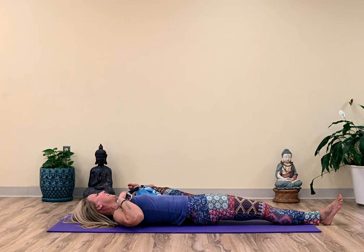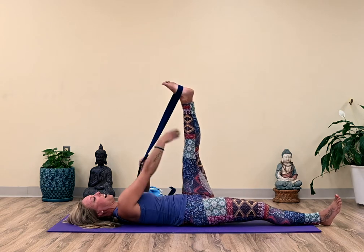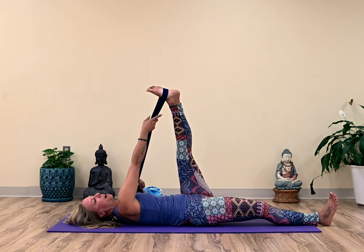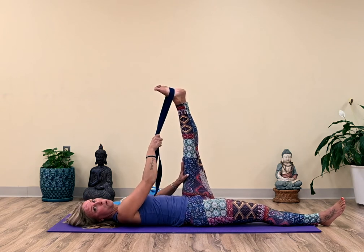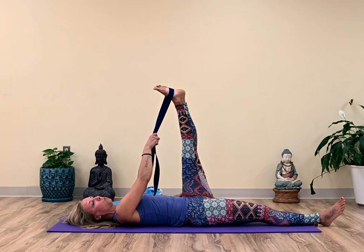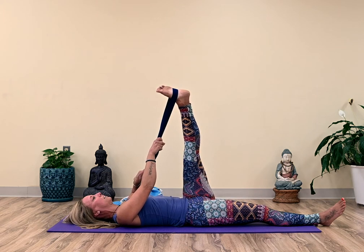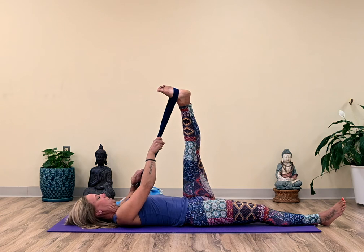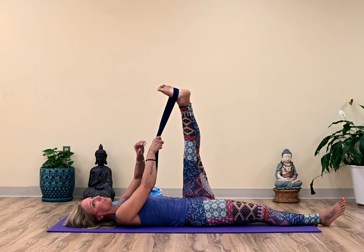Let's bend the leg, safely bringing it back up, switching which hand is higher. Now we have the opposite arm highest. Keep your wallet on the ground. Keep the leg straight. Don't hold too high. Keep your back pocket wallet on the ground and just go 2 or 3 inches across the body. Maybe a chin tuck. Maybe you need to let the sides of your cheeks melt down the jaws toward the